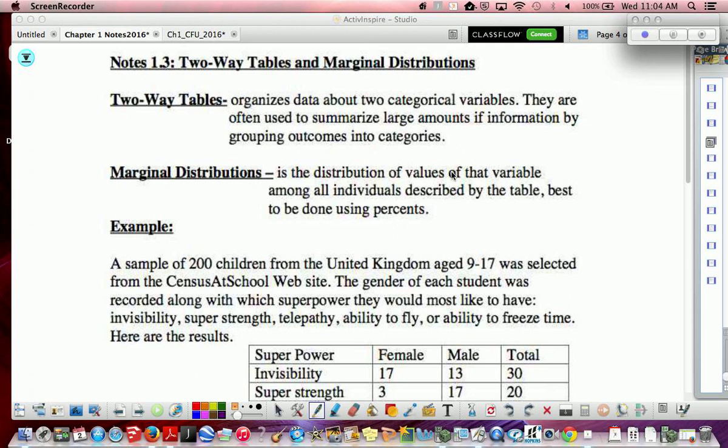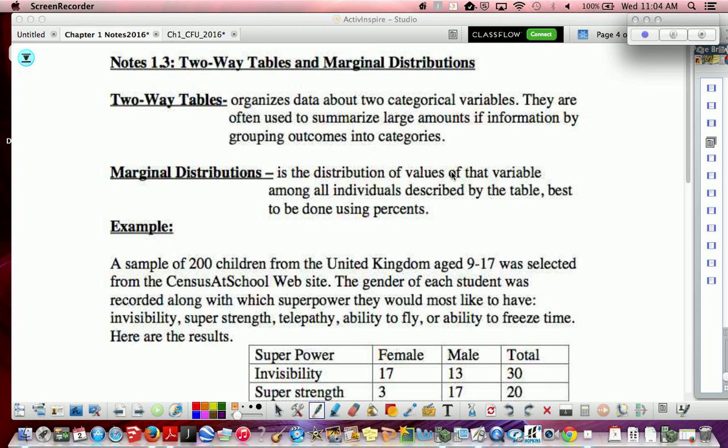1.3 is the second day and the last day that we're going to graph categorical data. Yesterday we talked about pie charts and bar graphs. We're going to continue more graphs with categorical data, but today specifically we're going to look at what we call